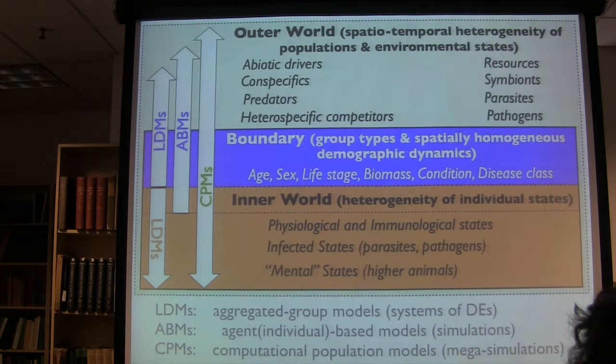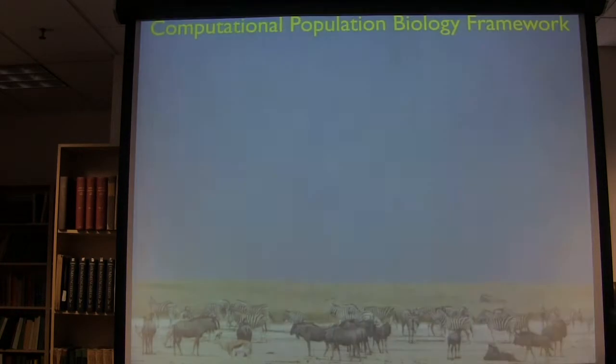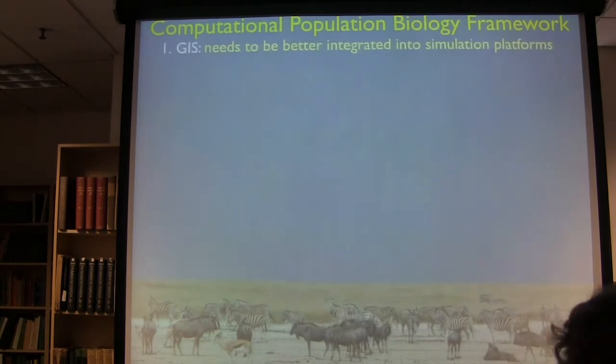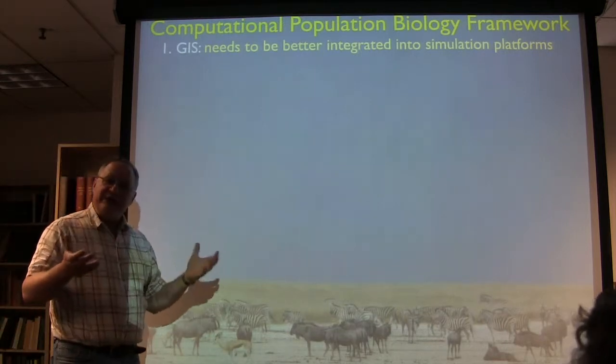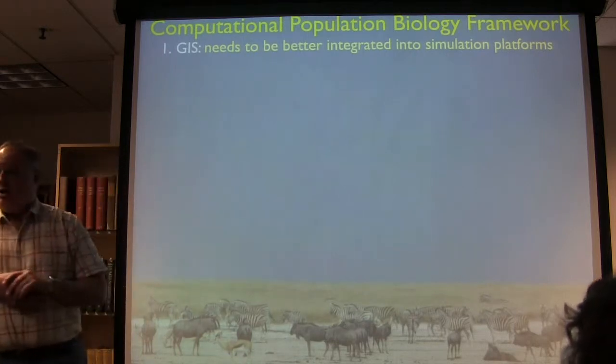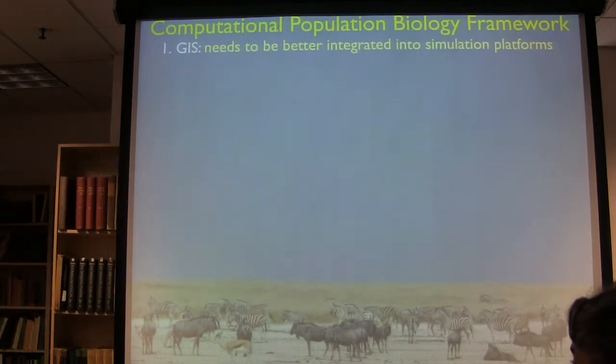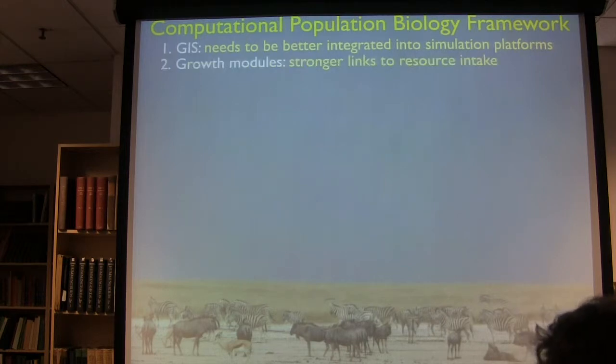And the fact that I call it that is just to get people thinking that we're dealing with something more complex. And although this is a mixture of things that we know well, it's the mixture itself that's getting rather complicated. So what are the elements of a true computational population biology framework? The one is that we need to address real problems on real landscapes, and we do that now because we're collecting more and more information that has in our GIS databases, and we have a way to simulate individuals moving over real landscapes instead of just these toy ones that I've been talking about.